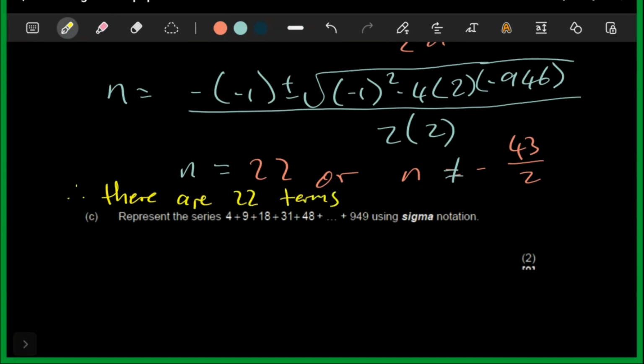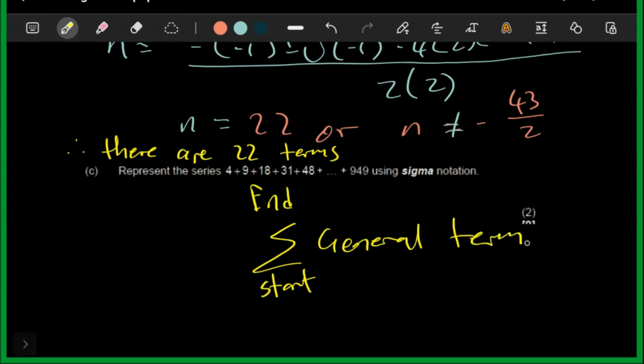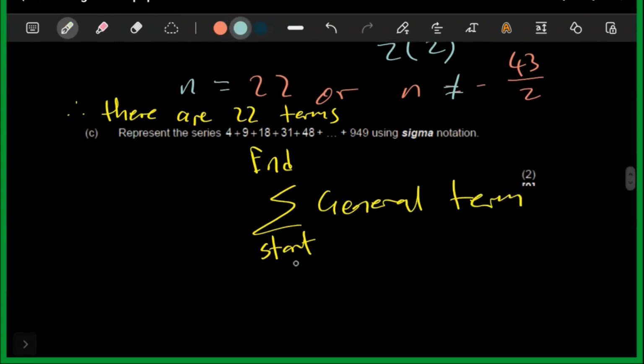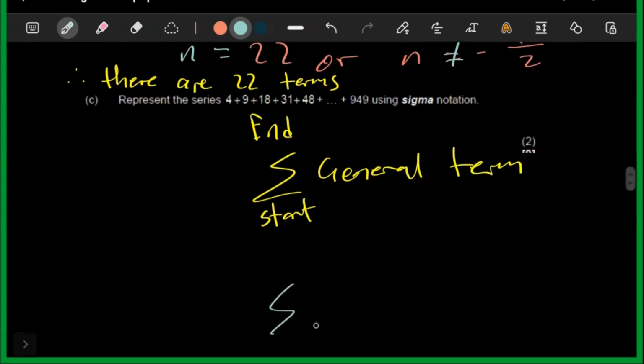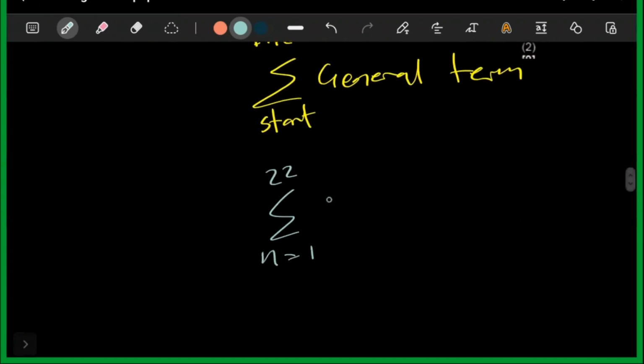There we go. This is represent the series using sigma notation. So sigma notation is simple. You need to find out where you are adding up from. So you need to find out where your starting point is, where your end point is, and your general term. Fortunately here, we have the general term. We have where we're starting. We're clearly starting from the first position until position 22. So you're going to say here, ending at 22, starting where n is 1, your general term is 2n squared minus n, and then minus